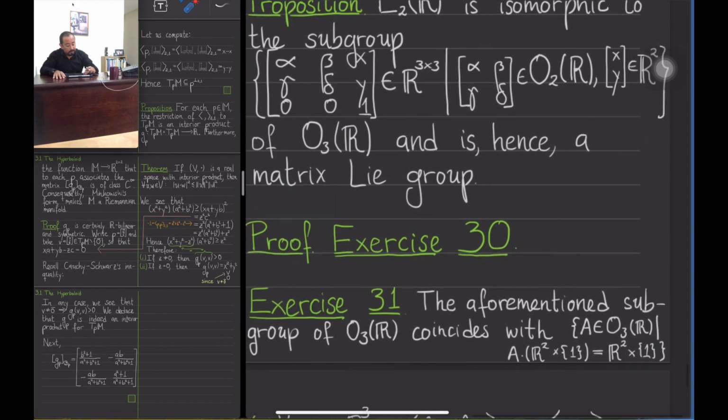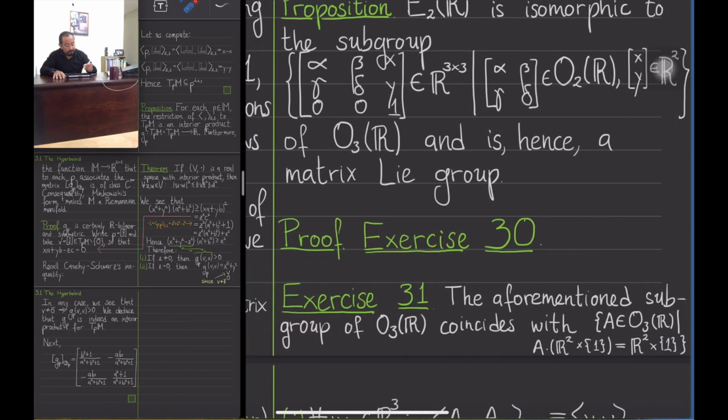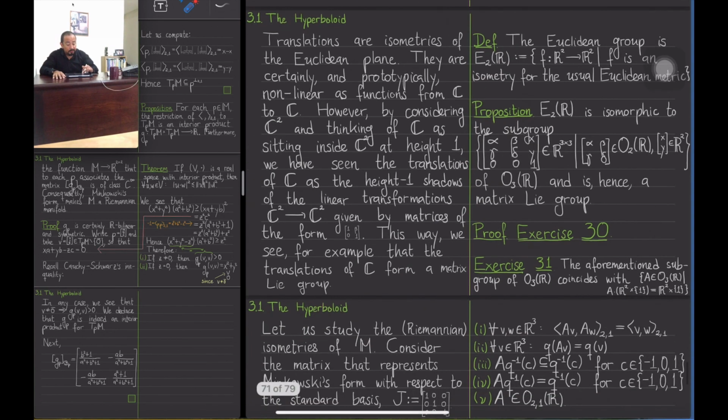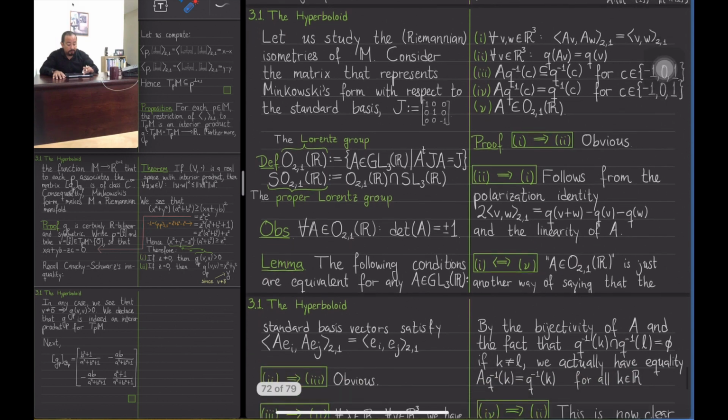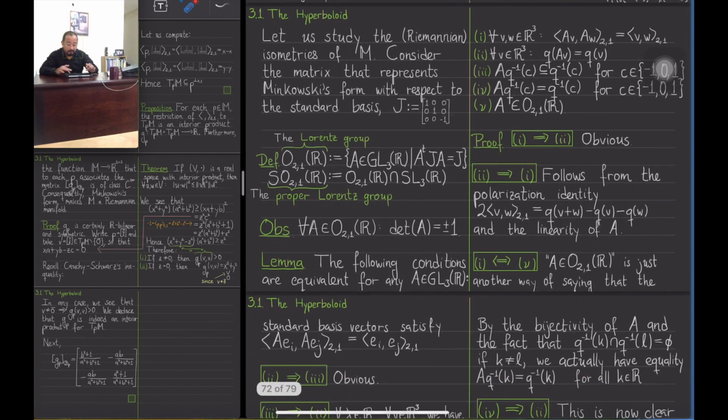And another exercise is that actually this subgroup of O3 coincides with the subgroup of O3 that preserves bijectively R2 placed at height 1. Okay. All right. So this preliminary concerning Euclidean isometries,